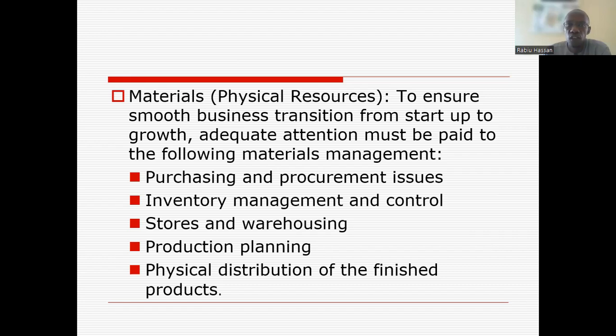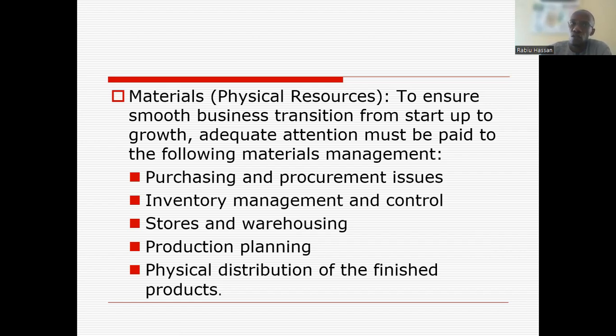Adequate attention must be paid to the following: material management, purchasing and procurement issues. You need to adequately manage how you procure and purchase all the material that you're going to use in your business. Inventory management and control is very important. Stores and warehousing, production planning, so that you will not run out of product or service when they are needed